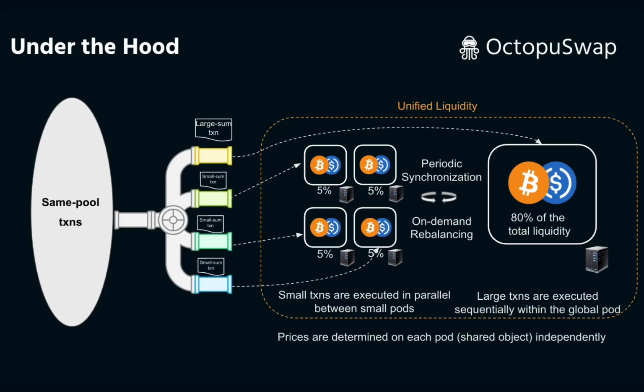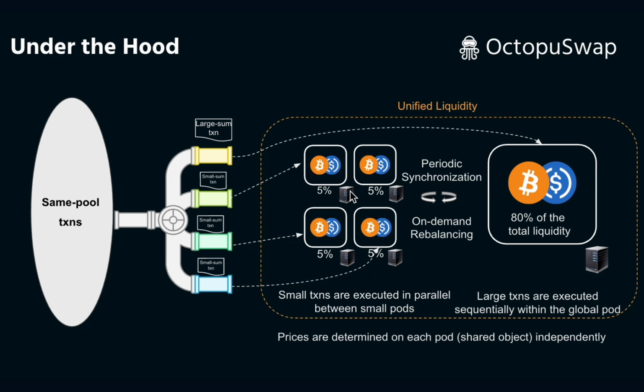Now we come to the most critical part, how OctopuSwap works. When a trade comes in, OctopuSwap first estimates its price impact. If the expected change is large, typically over 1,000, it is considered a large trade and will be sent to the global pod. If the impact is small, it is sent to one of 4 smaller pods, selected based on